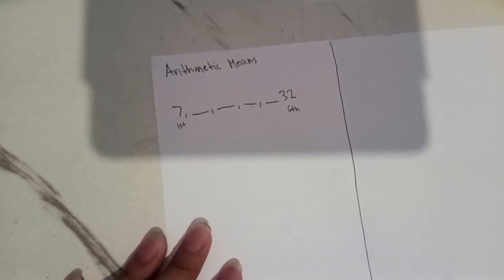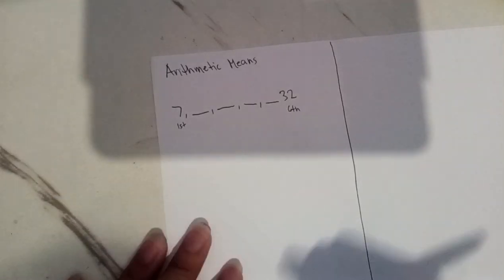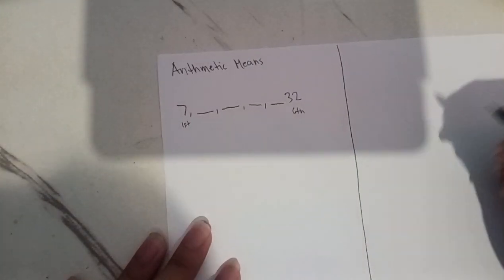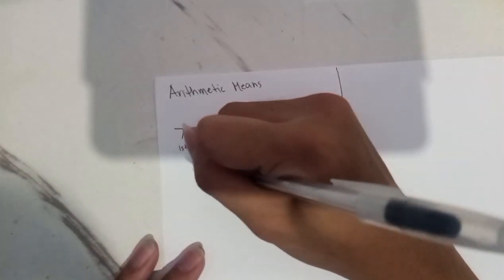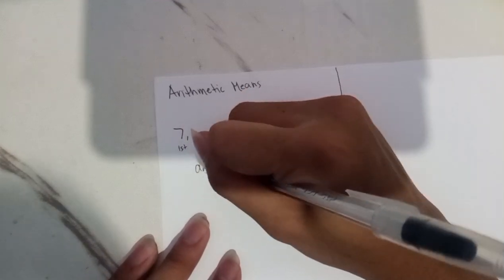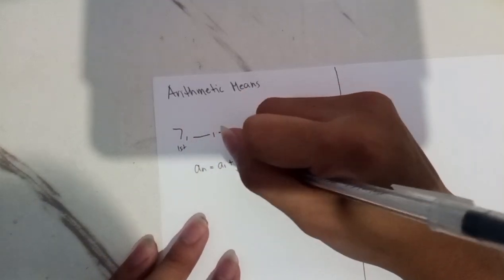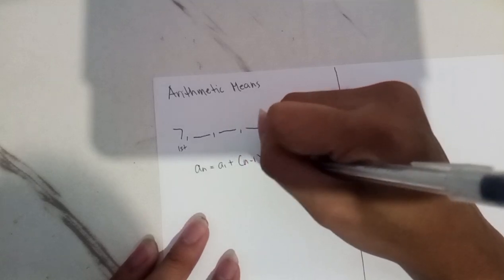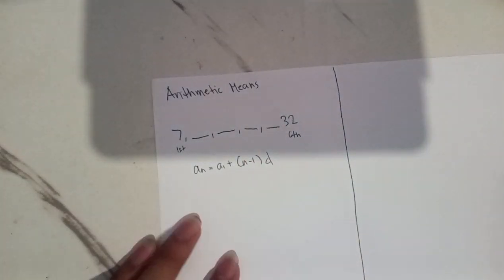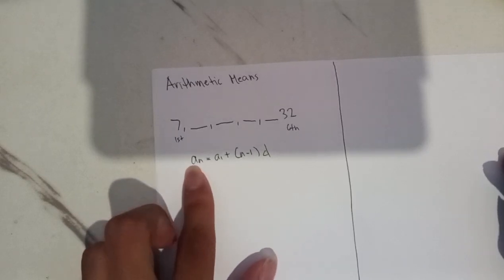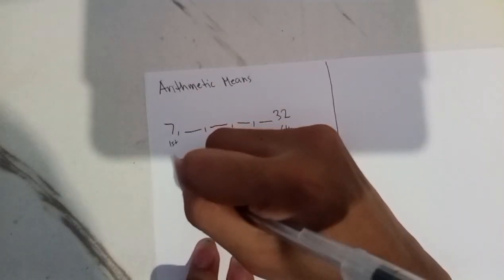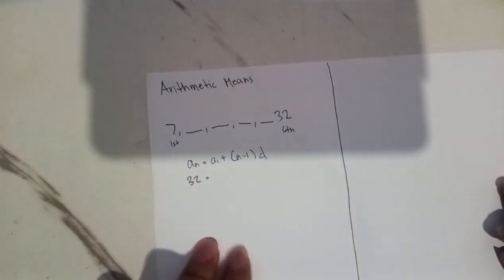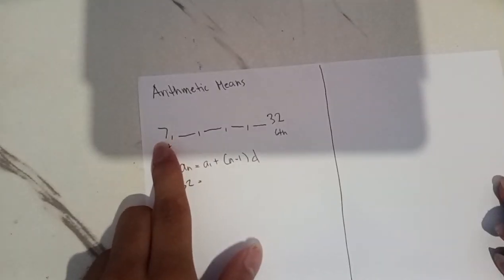So, may formula para dyan. The last term is equal to first term plus n minus 1 times our common difference. Now, our last term is given, which is 32. First term, 7,